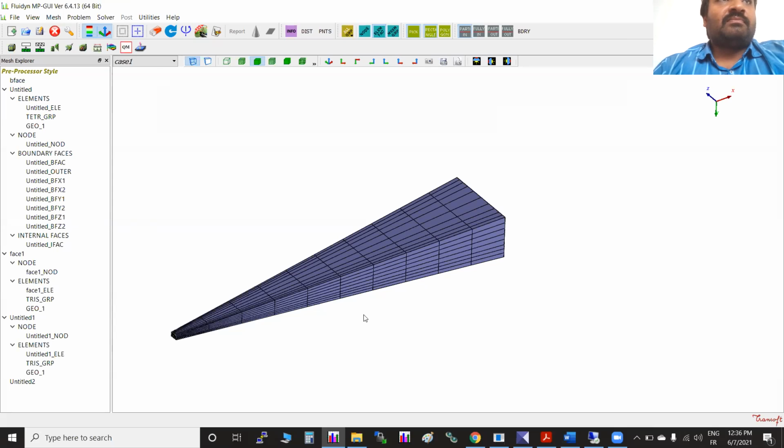It is related to the particular software. We cannot just compare this mesh with another solver, because if that solver is particularly developed for particular cell alignments and orientation, then that is a different thing. We are using our tool only, so there is no problem.